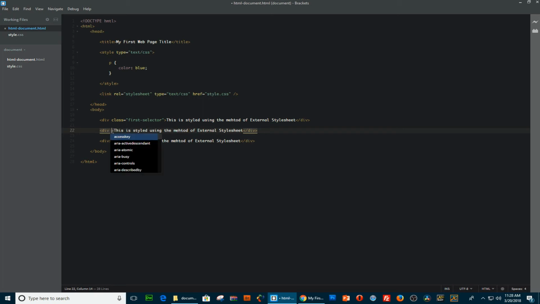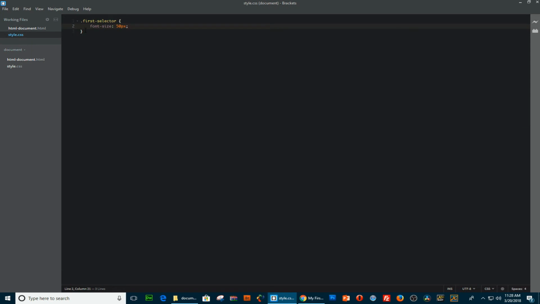And in this case, I'm going to add an ID, and I'm going to say second selector. Now the same rules apply to any attribute value. Okay, so let's go to our CSS file. Now we're going to select the second element with the ID. We're going to start with the pound sign and then second selector. And we basically do the same thing. You see the differences here? This is an ID selector, okay? And this is